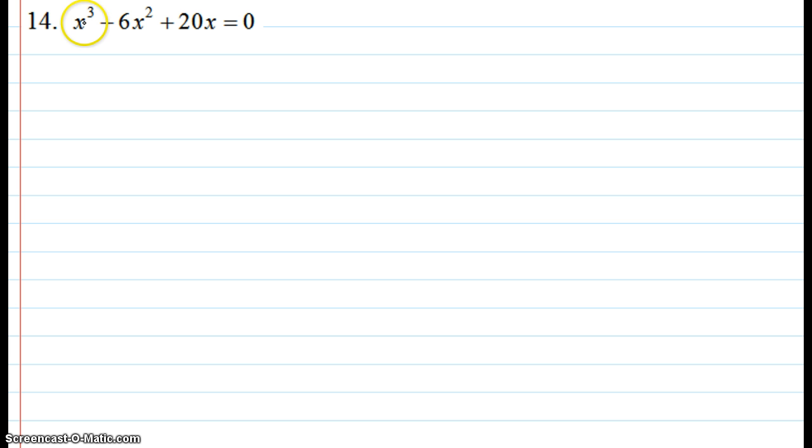Alright, so let's take a look at number 14. Pause the video, try it on your own, and then come back and check your answer. Alright, so we start with the GCF. So they have an x in common, and so we have x squared minus 6x plus 20. And so we see the 20, and if you start thinking about the factors of 20, we have 1 and